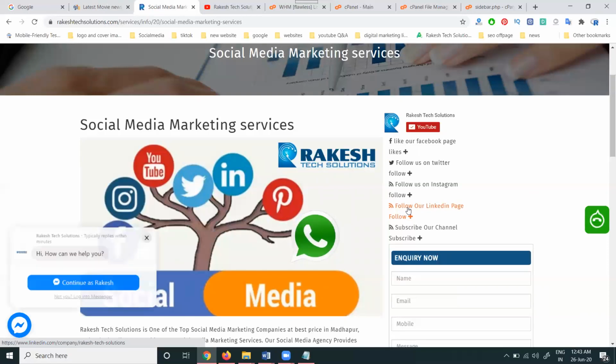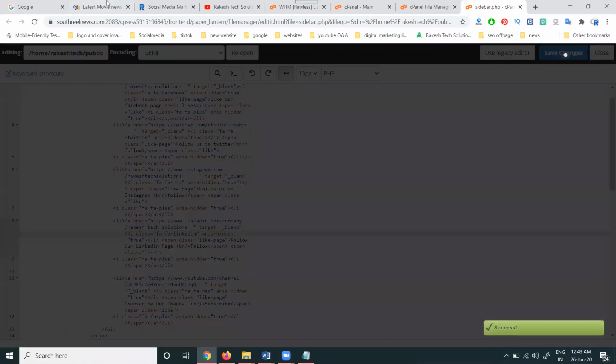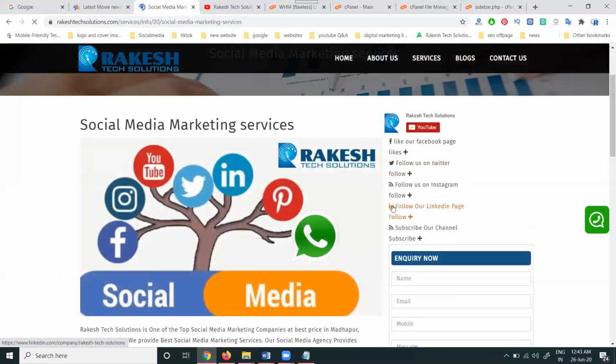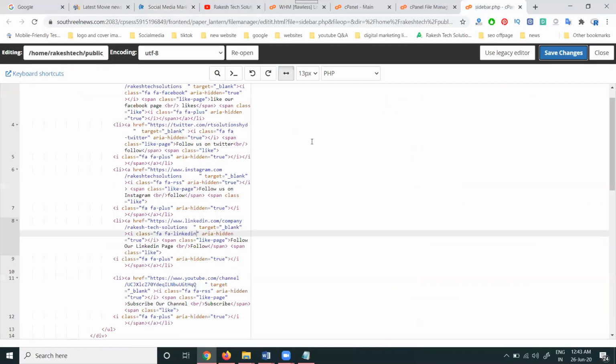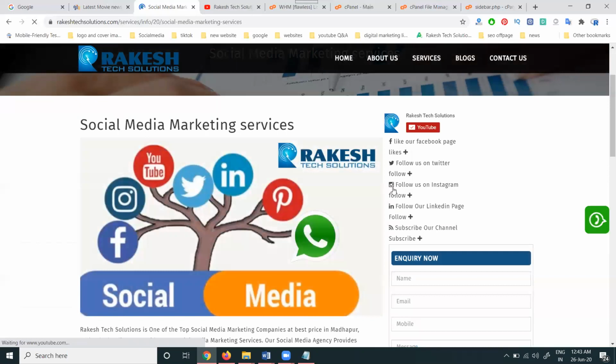So these are the following options and the particular things. So what are we changing here? Refresh. Here LinkedIn will be there. And we can change whatever option we need here. Change this option. Instagram, you can use Instagram. This will be the YouTube option.